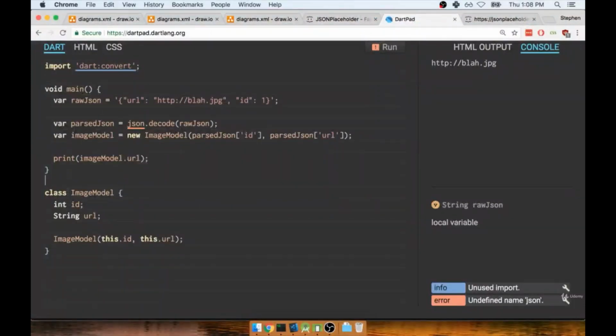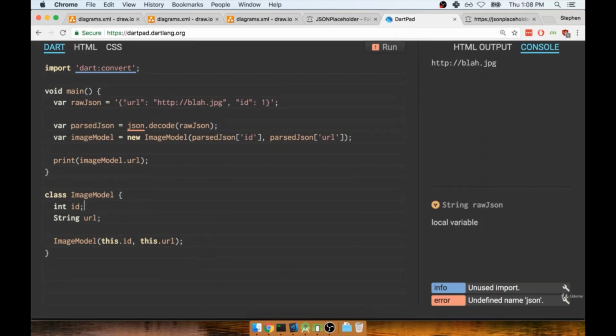In the last section, we added in an image model class. With this class right here, we're giving Dart a better idea of what values and what type of values we expect to extract from a piece of JSON data. Now the image model is definitely working the way we expect, but you'll notice that on this line right here,